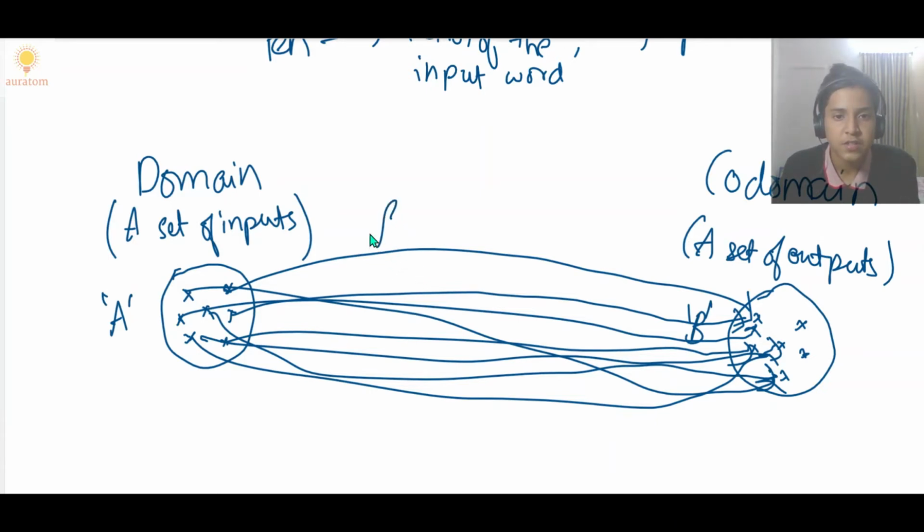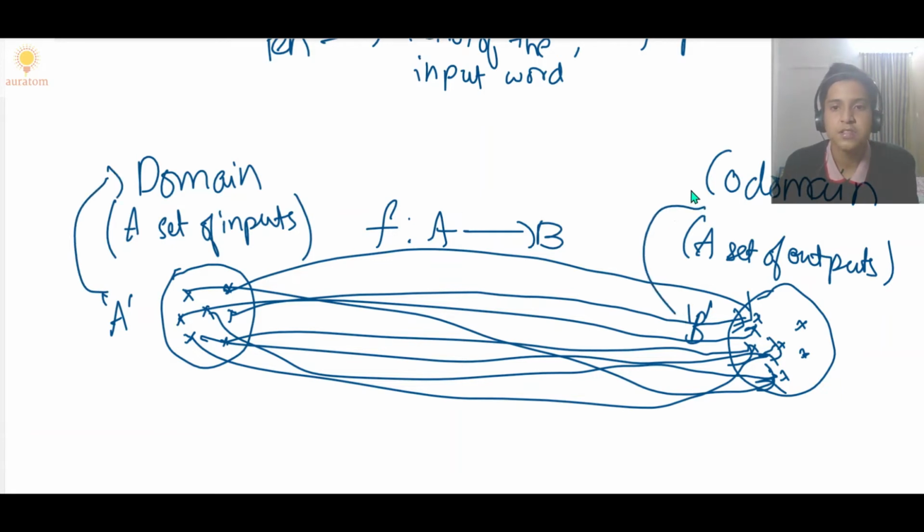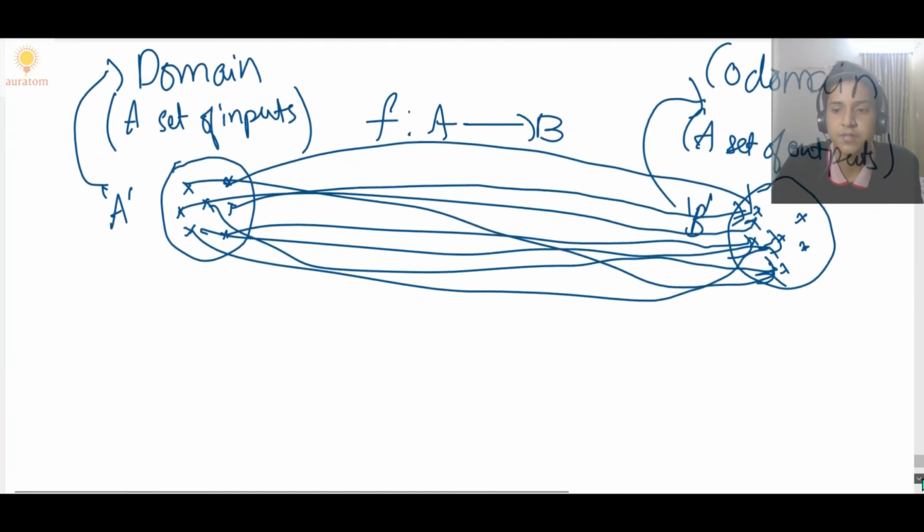So we have a function which is represented with a small f, and it's represented from capital A to capital B, so this function maps each element from the set A to exactly one element from the set B. So that is how we mathematically define a function. This set A is nothing but the domain, and this set B is just the codomain. So the function maps every element from the domain to exactly one element in the codomain. That is the mathematical definition. Now let's look at the more common representation of the function.